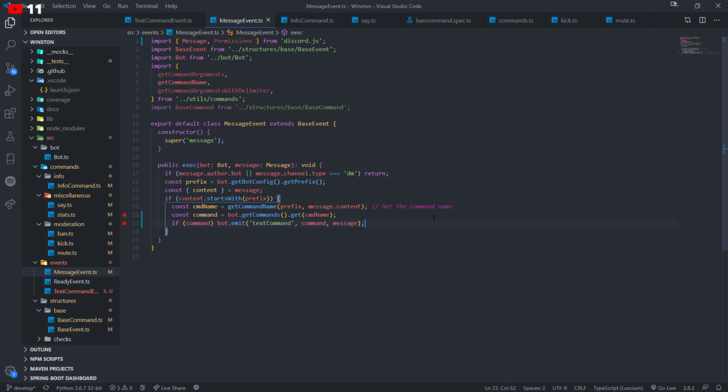Is there a way to send a big file without boosting the server? Well, not really, because the max file size is, I think, 8 megabytes. If you don't have Discord Nitro, your best bet is to use something like Google Drive or Dropbox, but that has nothing to do with Discord though.